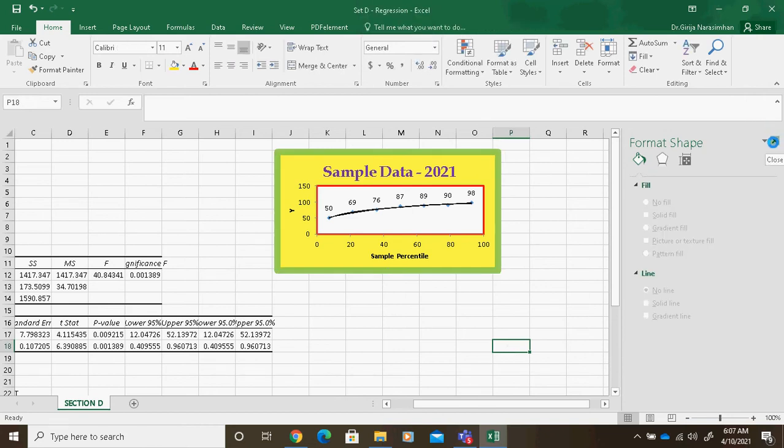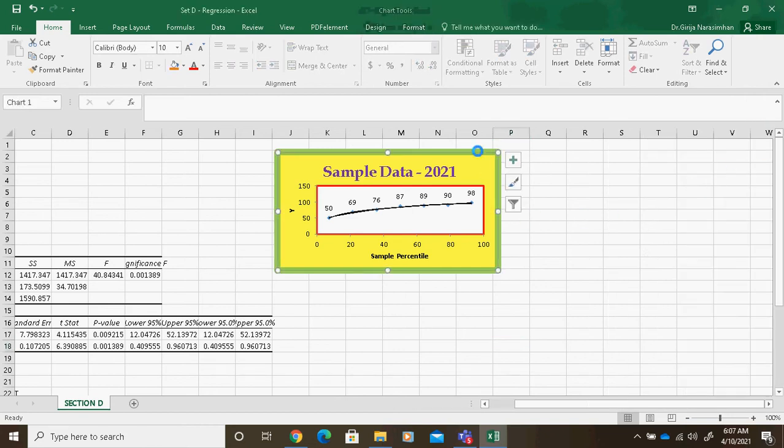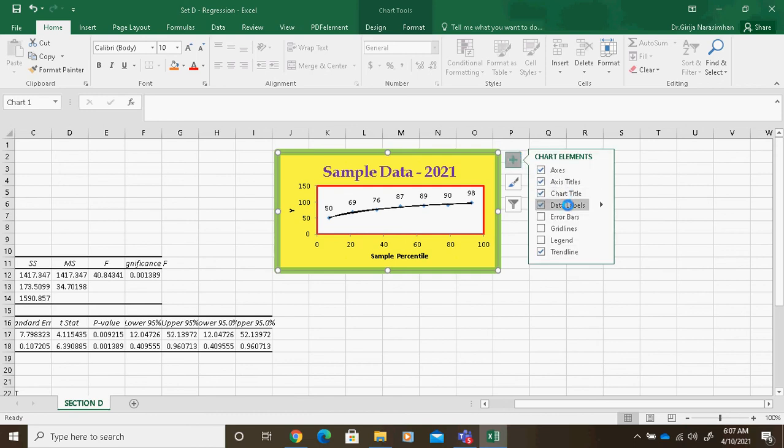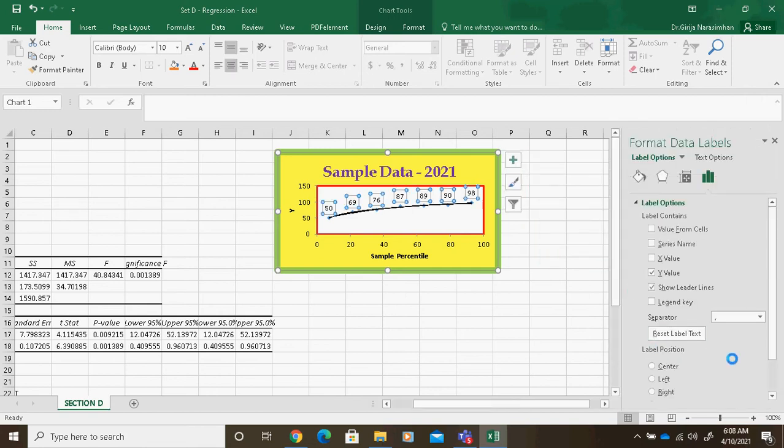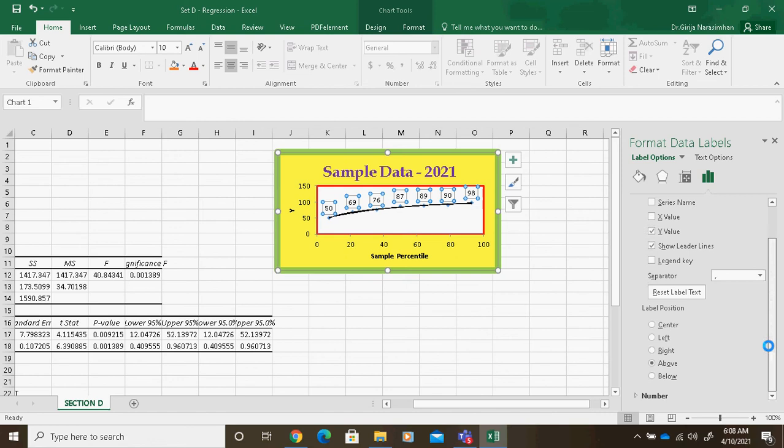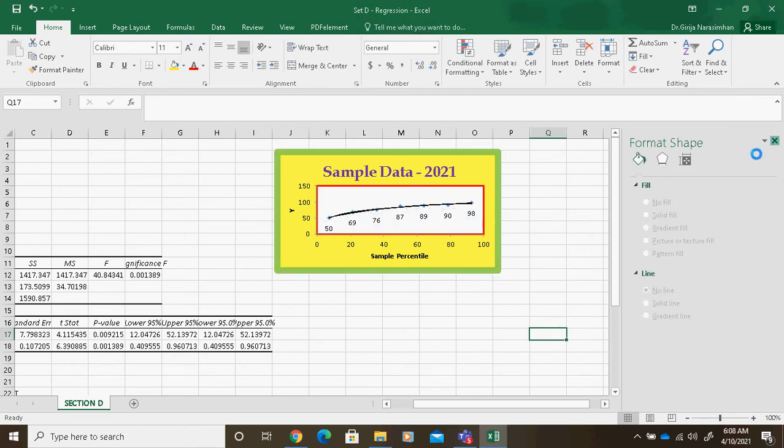Another important thing, another parameter we want to see, is here, you can click. Data labels are always there. Data labels have an arrow mark by default. By default, what is coming? Above only appears. Suppose I change to right or left, like this you can see. Right, left, center or below, it will appear like this. Clear or not? Anything can appear like this in the chart area.